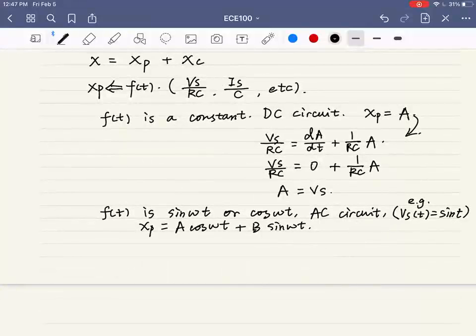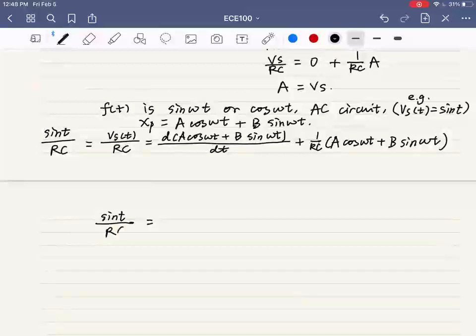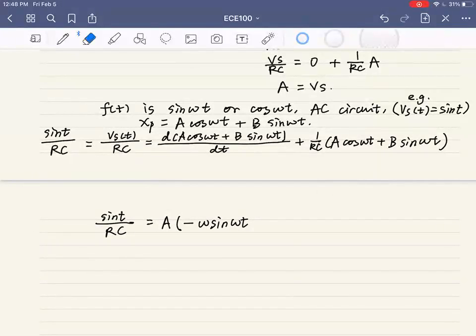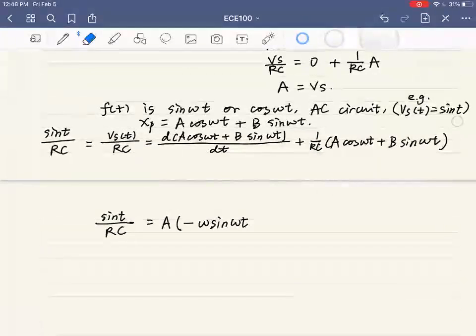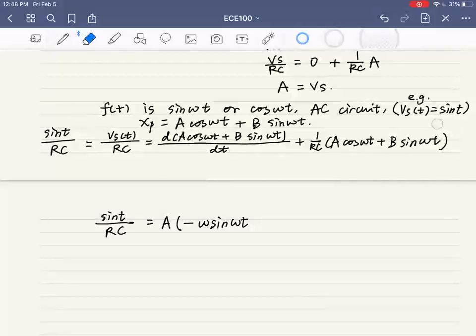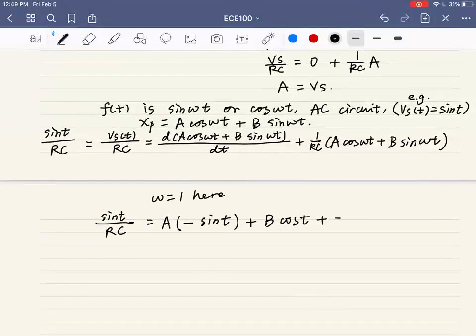And this time, we will still plug it in like this. Let's solve it together. The derivative of cosine omega t will be minus omega sine omega t. Okay, to simplify the problem, the omega here is 1, the same as the omega for sine t here, right? So it will be,